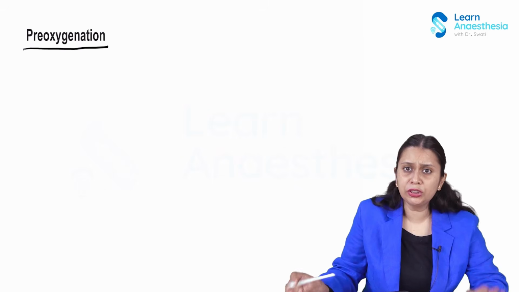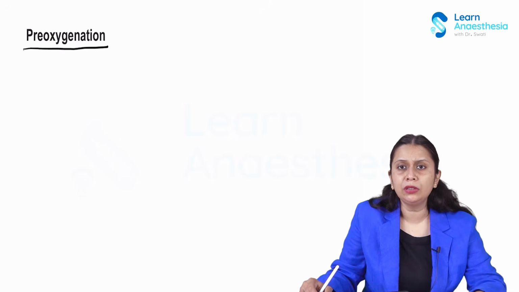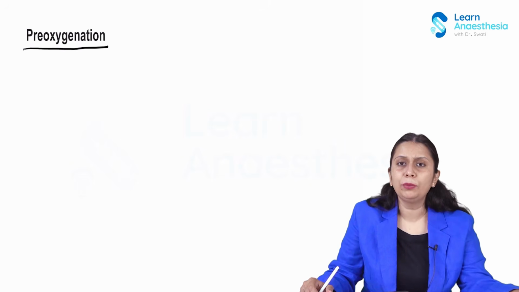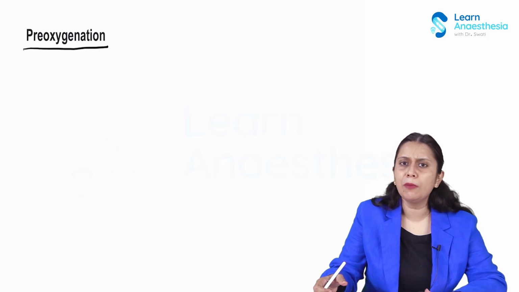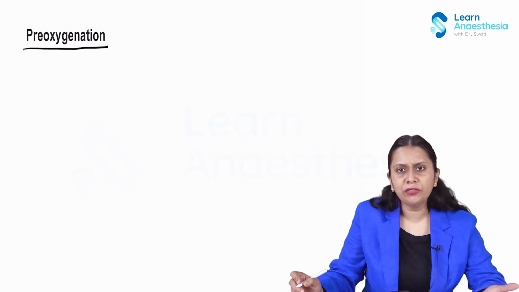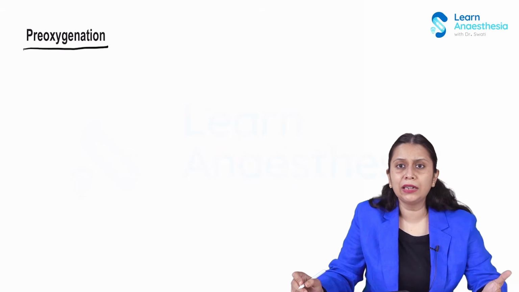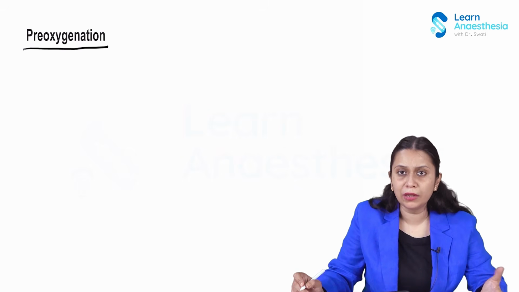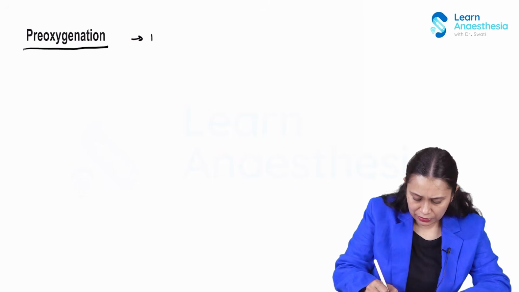Now pre-oxygenation is mandatory in RSI. We give 100% oxygen for 3 to 5 minutes prior to giving our induction agent. So pre-oxygenation is mandatory, and we can pre-oxygenate the patient by mask. We can pre-oxygenate the patient by HFNC as well, though HFNC does not achieve that end expiratory O2 level that quickly, right? So pre-oxygenation is a must